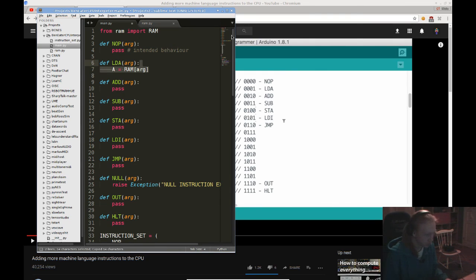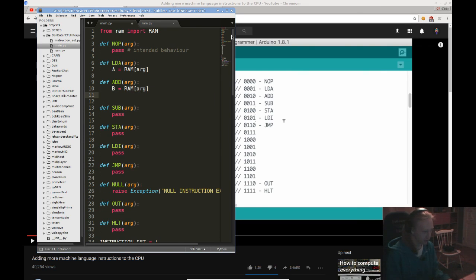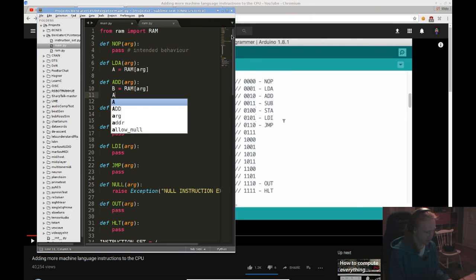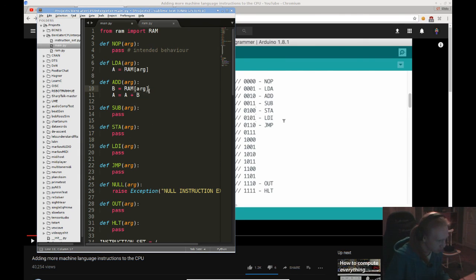Yeah. Add is gonna be B equals RAM arg, and then we're gonna have A equals A plus B,